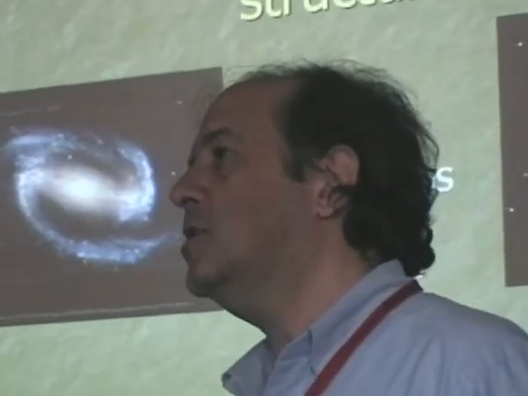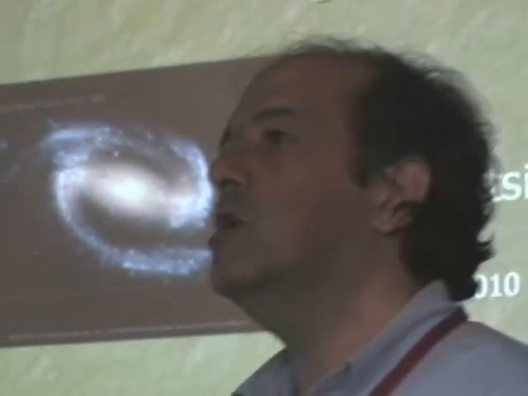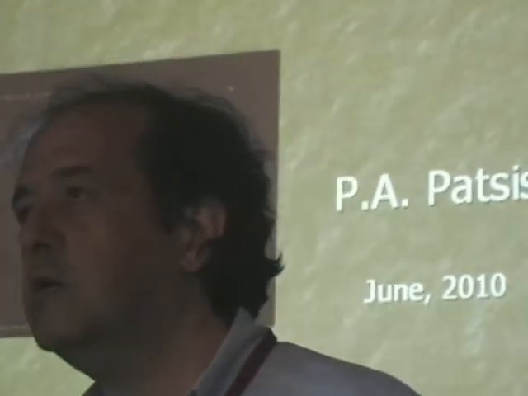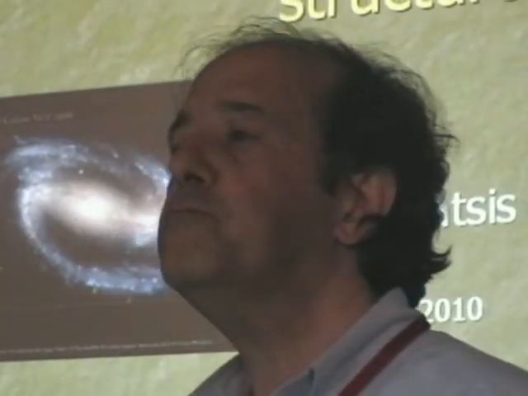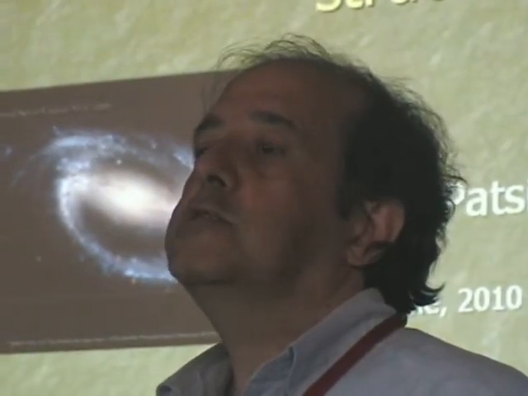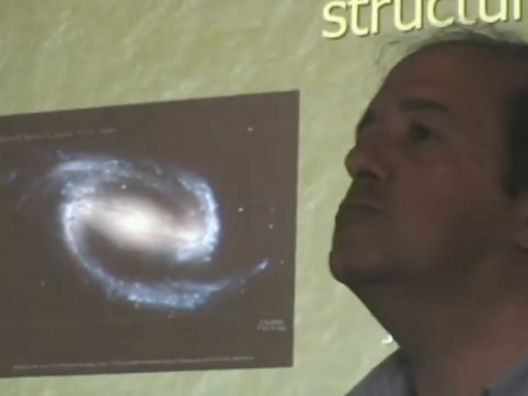The general idea is that one has a reasonable assumption about the kind of potential that represents the galaxy or the class type of galaxies he wants to model, then puts some